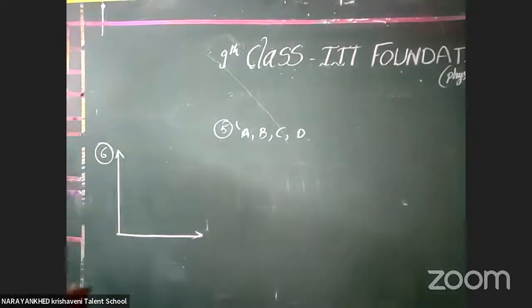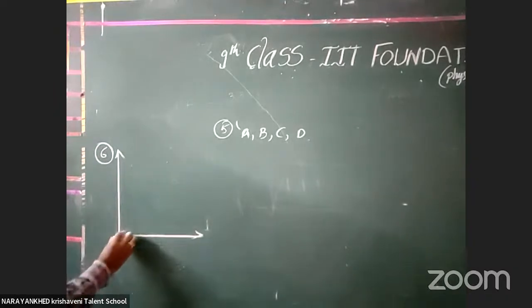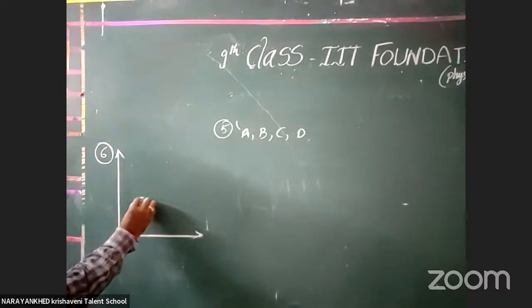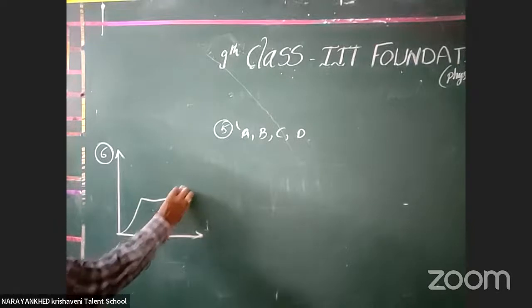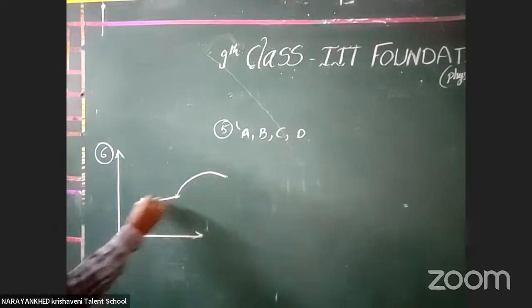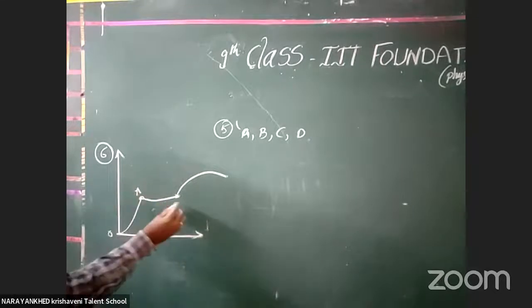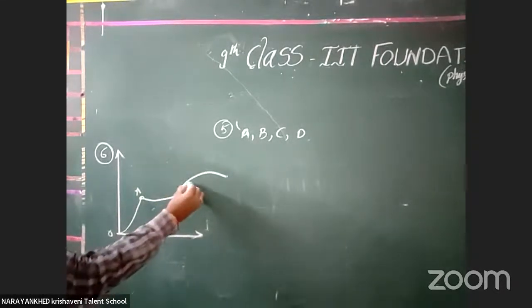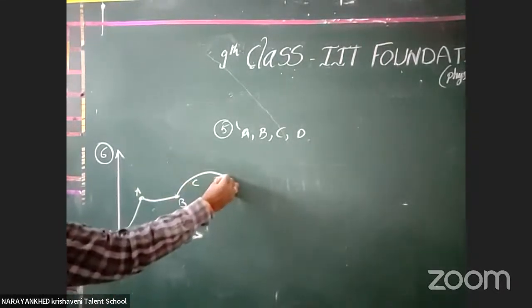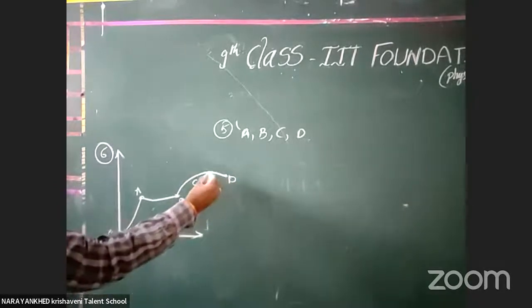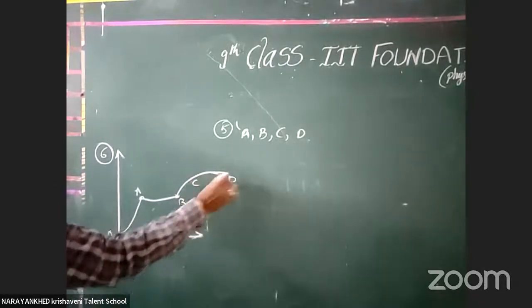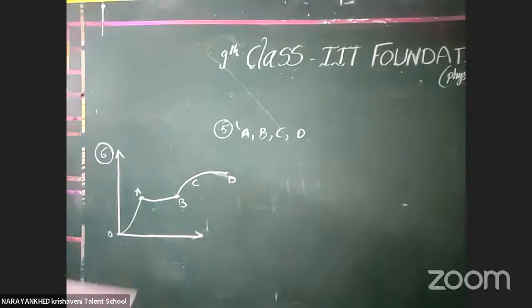What graph have they given? One graph is like that, and the next graph is like this. Clear or not? Go to A, and A to B, and B to C, and then D. Clear or not, all the students? There is a line there. Now